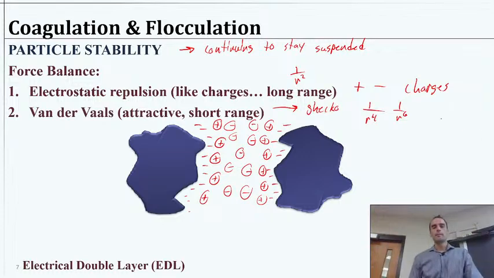So this means maybe 5 nanometers you'll start feeling that. Whereas this electrostatic could be 30, 40, 50 nanometers out. We'll see some examples of that. So the question becomes, how do we interrupt this electrostatic repulsion? One of the things to note here is that